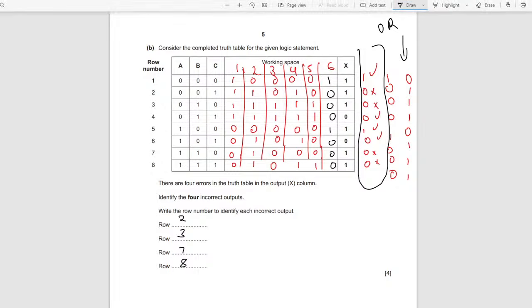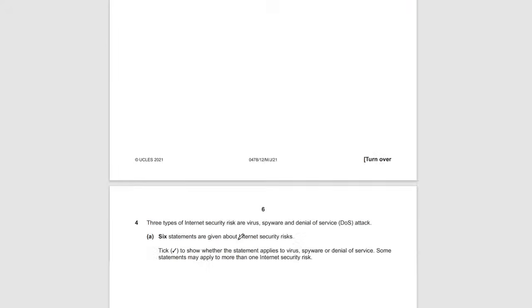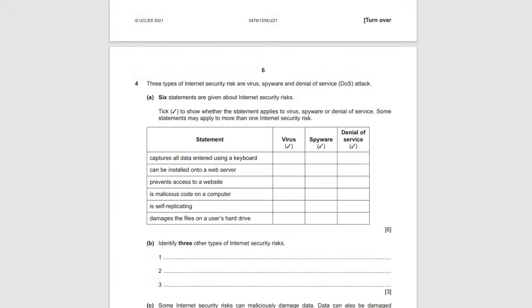Did you guys understand? Logic gates is a question that looks hard, but it's actually really easy. It's a really easy topic. Actually, it isn't even that hard. Okay, number 4. Number 4 is saying 3 types of internet security risks are virus, spyware, and denial of